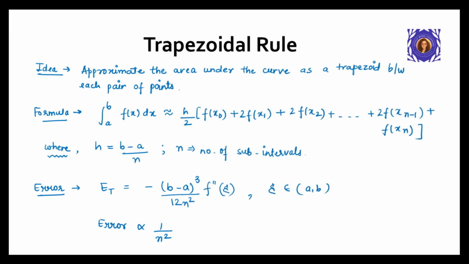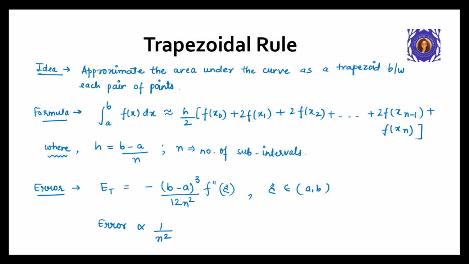First up, the trapezoidal rule. This method connects the function values with straight lines and assumes the area under each pair of points is a trapezoid, hence the name. Imagine plotting a curve and then drawing straight lines between adjacent points. The areas you get look like trapezoids. So to estimate the integral, we calculate the area of each trapezoid and sum them all.